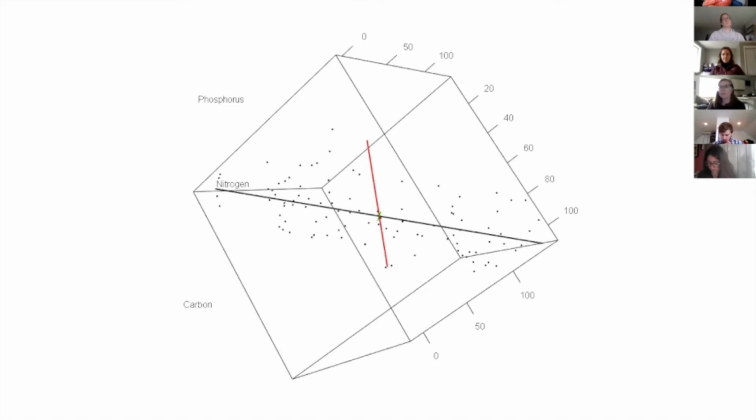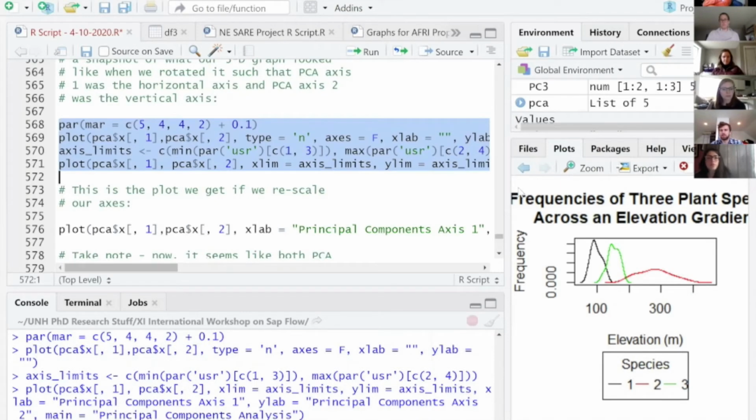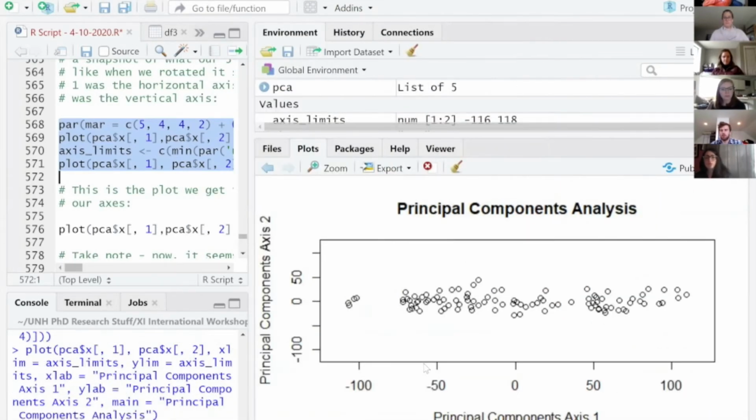So I'm going to share my R screen with you guys again. All right, so now that we've found where the PCA axes are, all I'm going to do is make a plot, and instead of using our original axes, I'm going to use PCA axis 1 as the x-axis and PCA axis 2 on the y-axis. And this is what that's going to look like. So here's our data. And all I've done is I've changed the basis. So instead of axes being X, Y, and Z, now PCA axis 1 is X and PCA axis 2 is